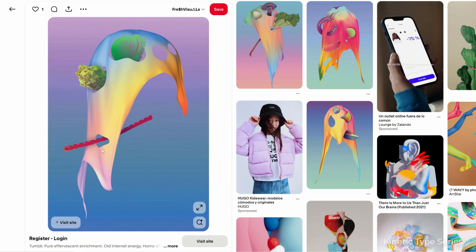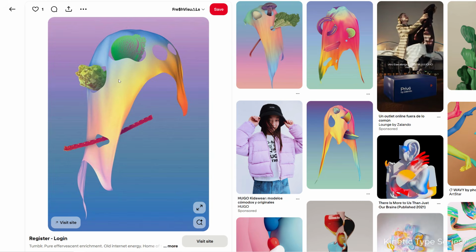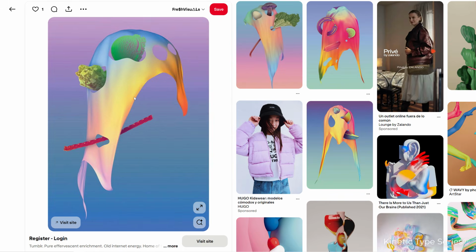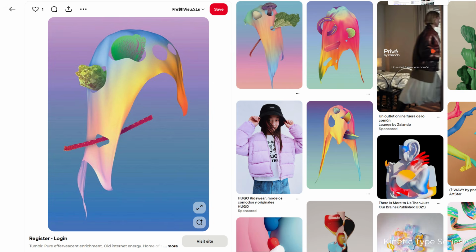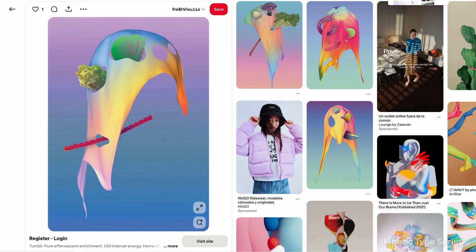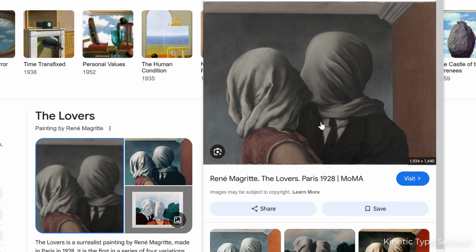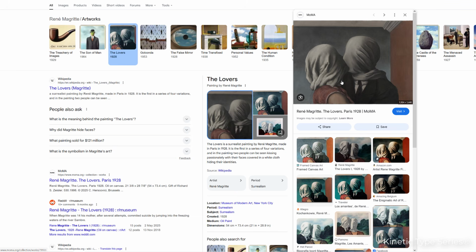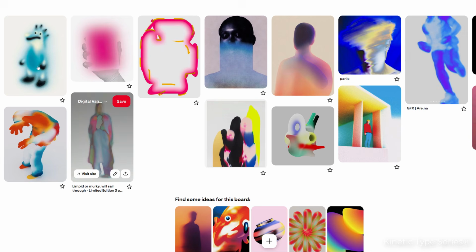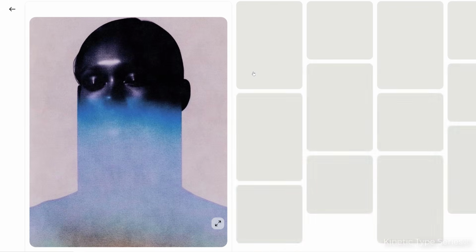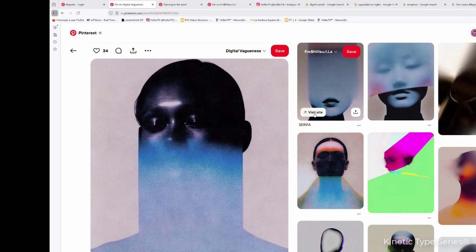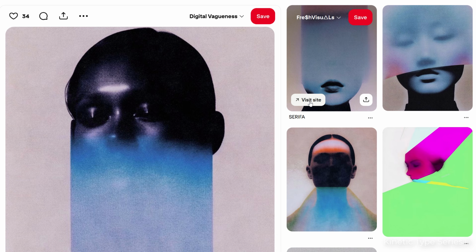So this is kind of like the modern version of Dali, Salvador Dali and surrealism. And when I was going through all these references, I remembered this famous painting by René Magritte. Let's go back. The human element is important, and I think this digital vagueness is very, very powerful when it's combined with human imagery like heads,